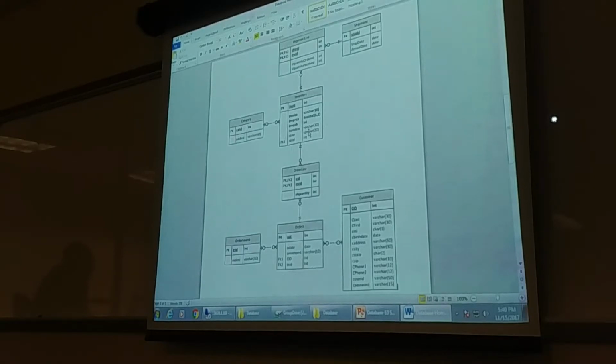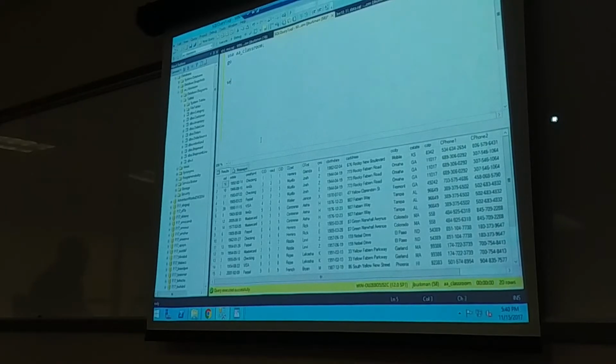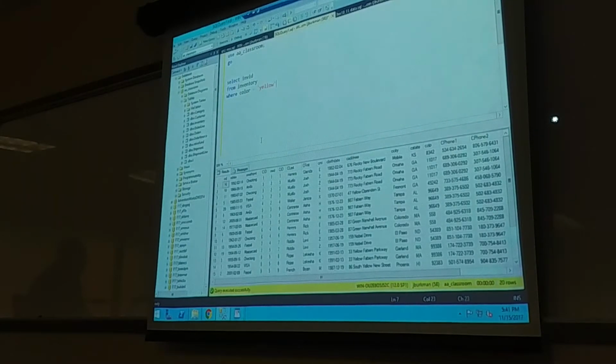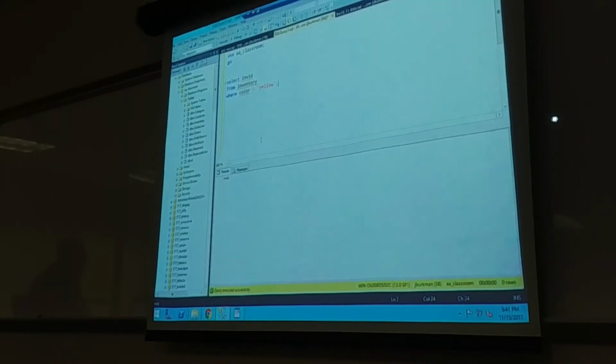Okay, I want to know the inventory ID of things that are yellow. Select inventory ID from inventory where color equals yellow. Does it work? Doesn't. Select star from inventory. Because there are no yellow colors. There is, however,